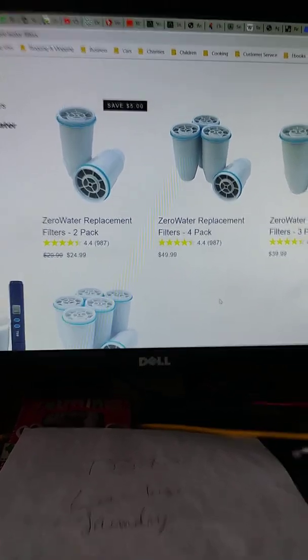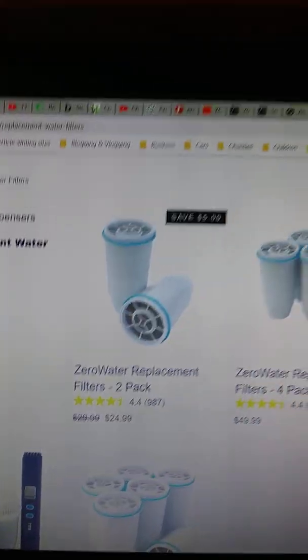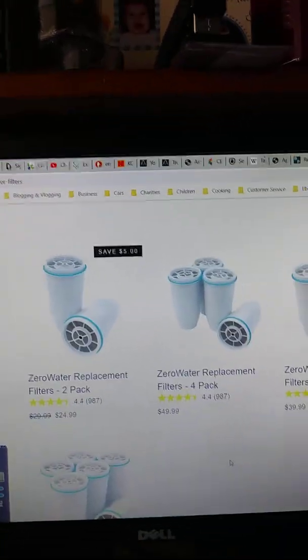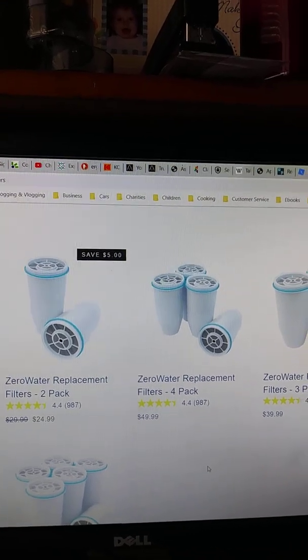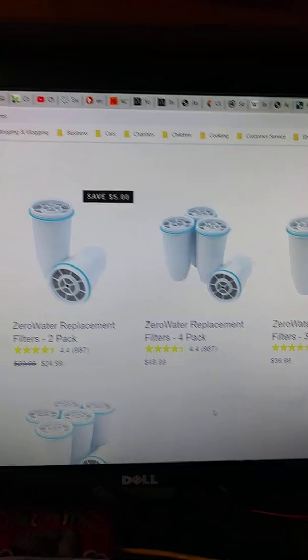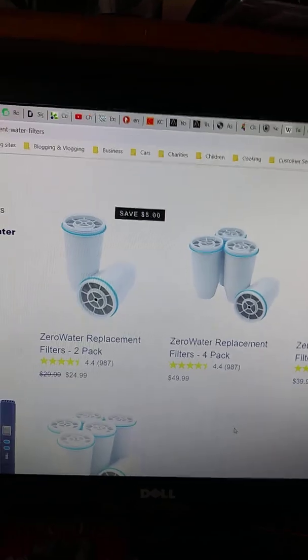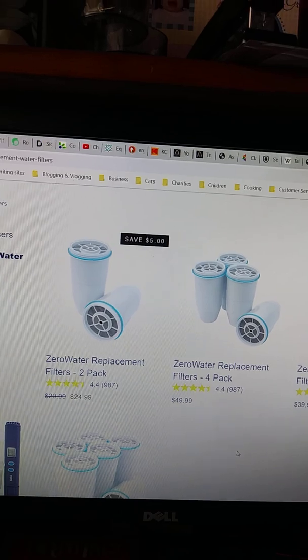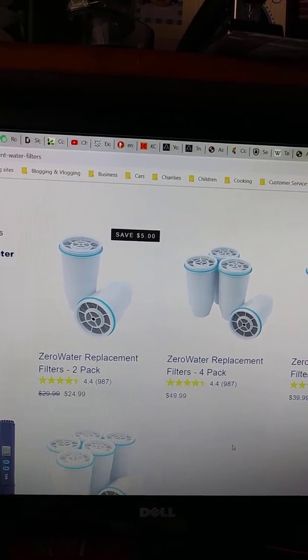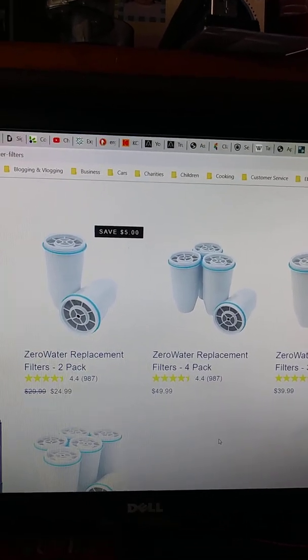And you can see the first stage of the filter right there. See the plastic grid, and then there's that material that's probably a plastic mesh. So honestly, as far as price is concerned, $25 a month for your filtered water is pretty cheap. But I would like to point out that if you were to get a reverse osmosis filter, you would get pretty much the same quality of water, maybe a bit cleaner than the Zerowater filter. However, you would find that,